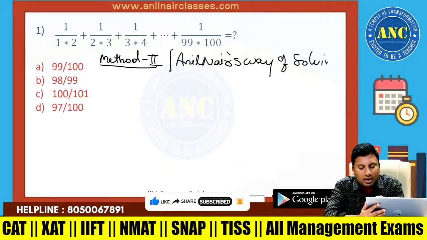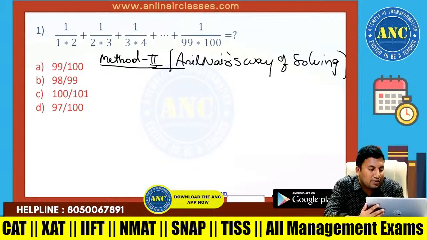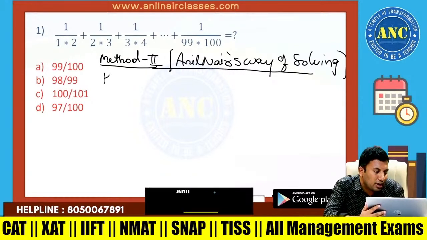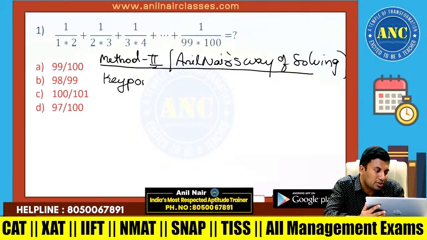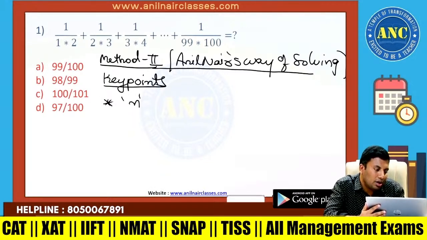Anil Nair's way of solving. Now see here, I will tell you three methods. First, the key points. What are the important key points? The first key point: if there are n numerical values in the denominator,